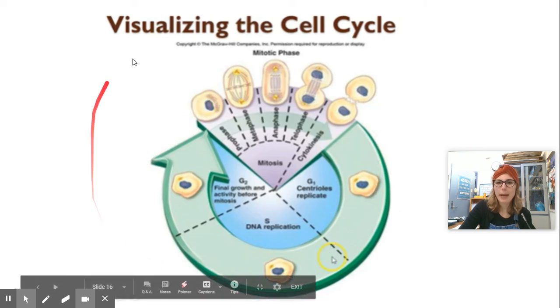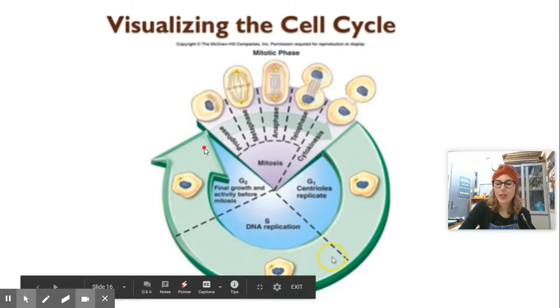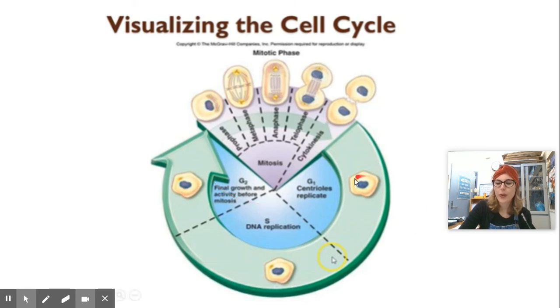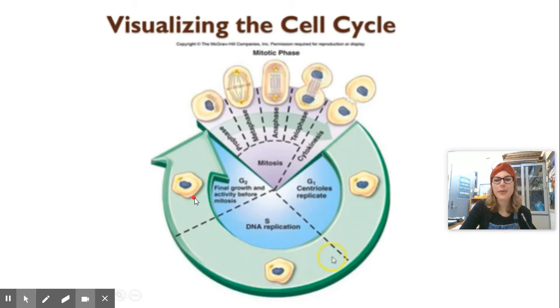So a quick wrap up to visualize the cell cycle. Remember, we have two major phases of the cell cycle. The first phase is interphase, which is 90% of the cell cycle. We have G1, where we're going to have the cell grow. We have the S phase, where the DNA is going to copy itself. So there's two sets of DNA. And then we have G2, which is the final growth and finalizing phase to get ready for mitosis,